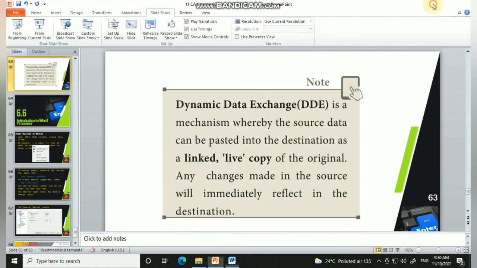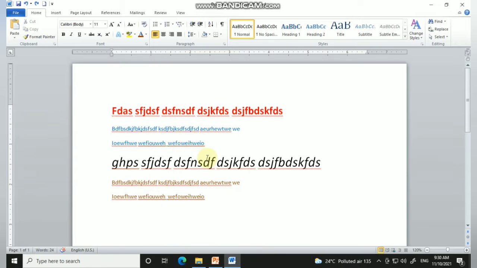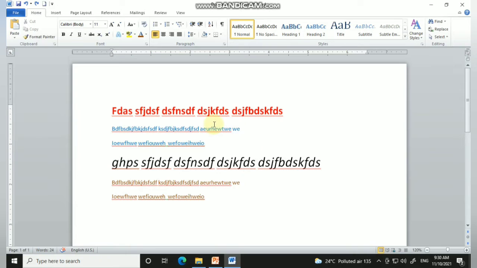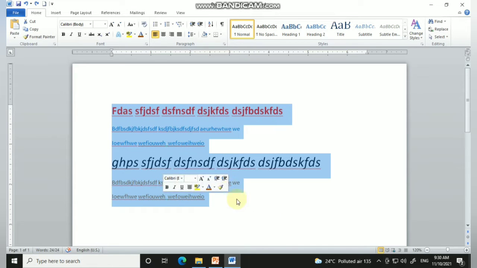We will see it with an example. Here I have a text with formatting options. The font size has been increased, the font color has been changed, and here the font size has been increased, italics applied, and the color of the text changed. So this is a text block full of formatting options. Now I am going to copy the text. Ctrl C, I copied the text.